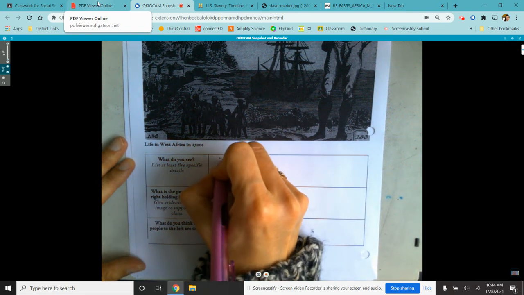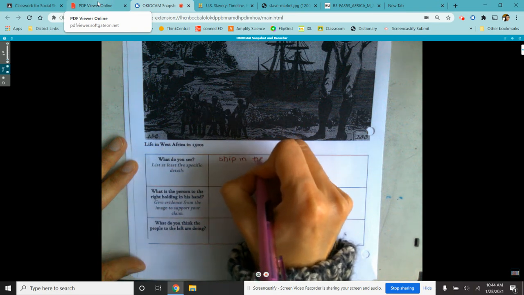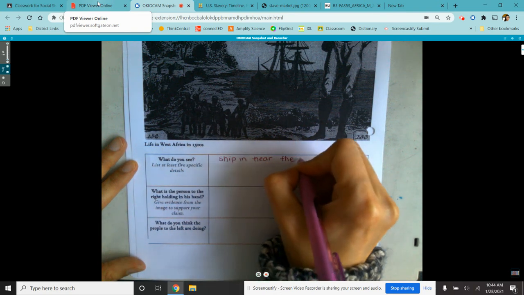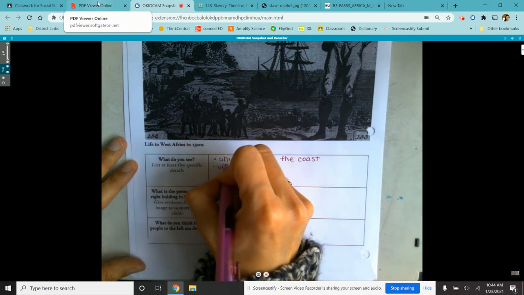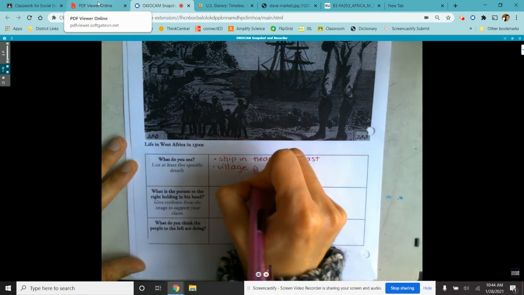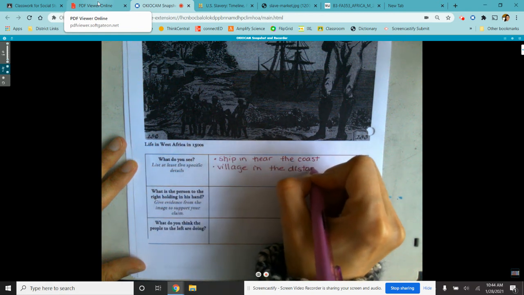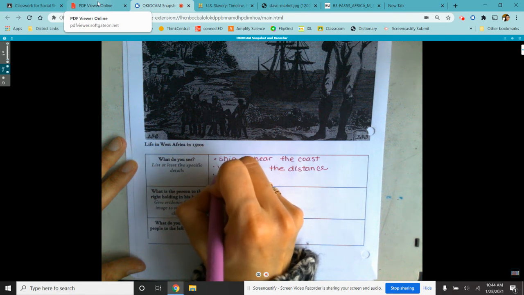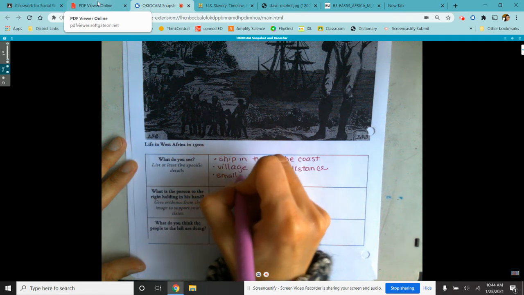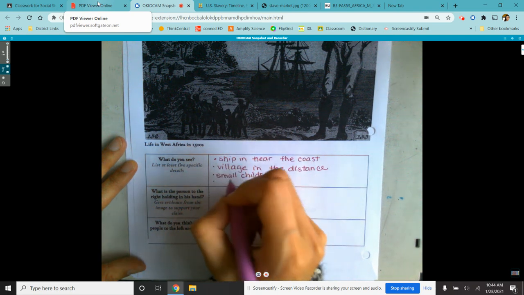We have a ship near the coast. See a village in the distance. Almost looks like small children. I can't really tell, but looks like there's